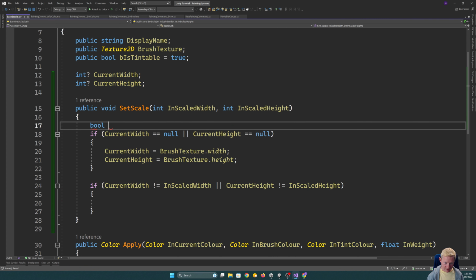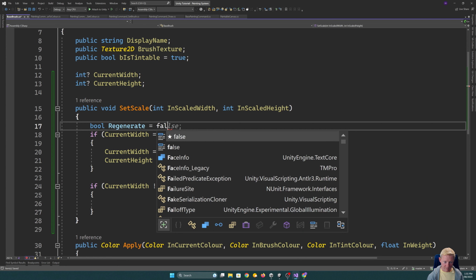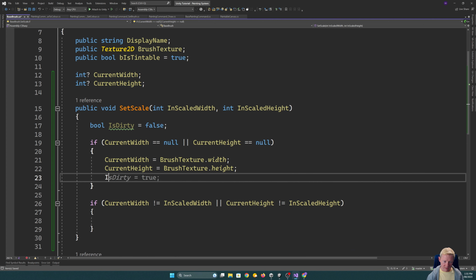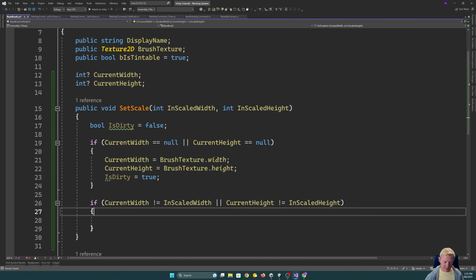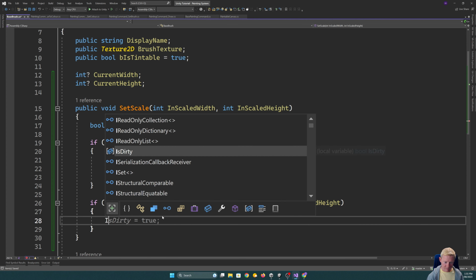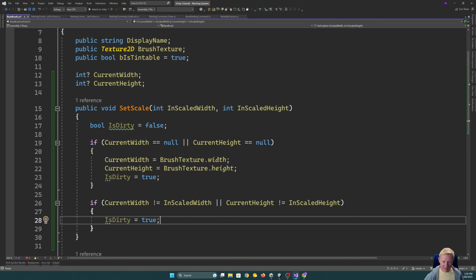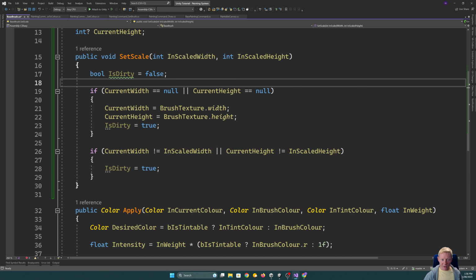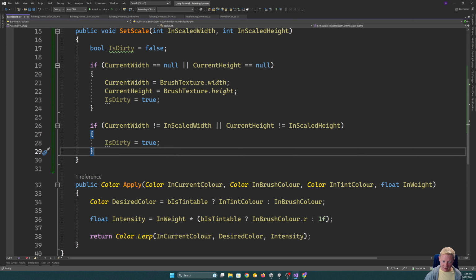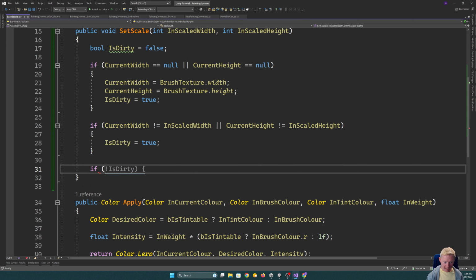And I'm going to have regenerate. Actually, I might make that following the pattern we've used before. So that looks good. So we're just checking a couple of conditions of, okay, has it been newly set up, or have we tried to change the scaling of it? If we have,